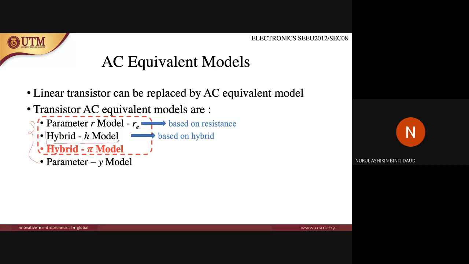This is a very old technique. This technique was widely used before the r model, or RE model, was introduced. That's why in the beginning, people were using a hybrid H model